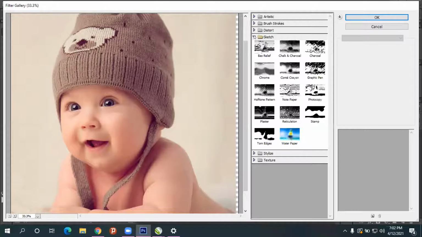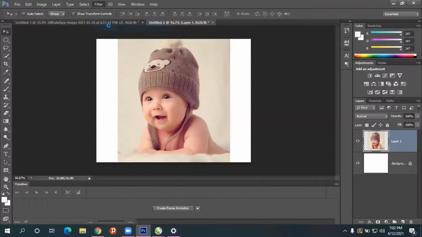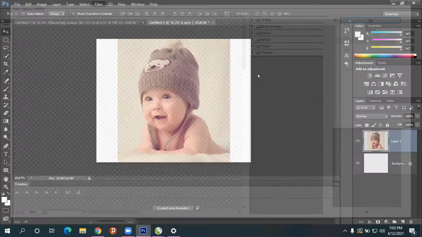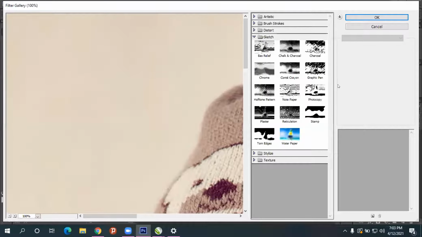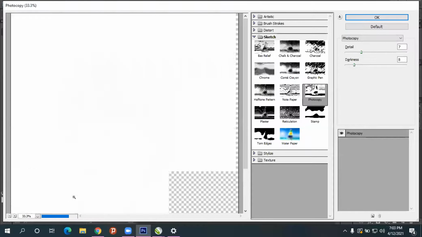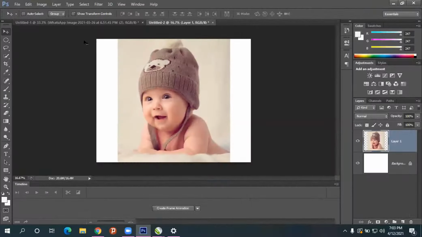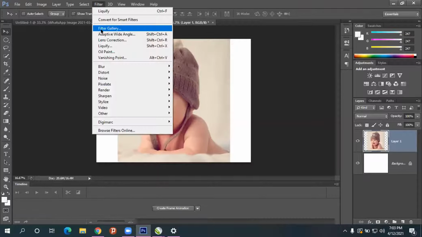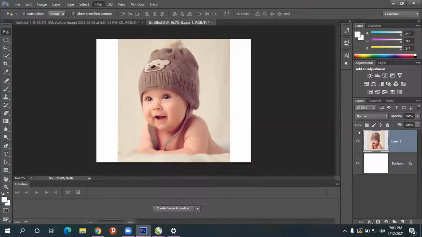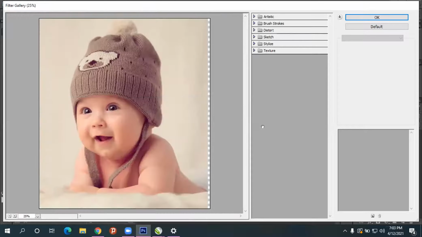Go for the sketch effect. Like in a mobile phone, you are doing the same thing. Just go to the filter menu, Filter Gallery, and in that choose Sketch. First I'll zoom out with Control minus.